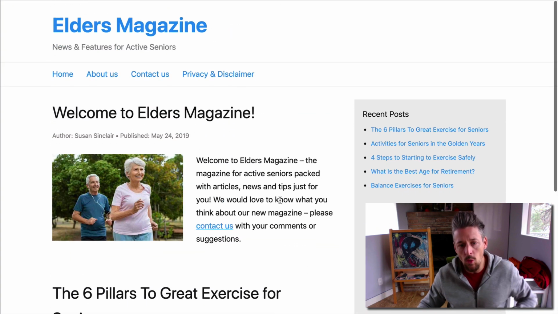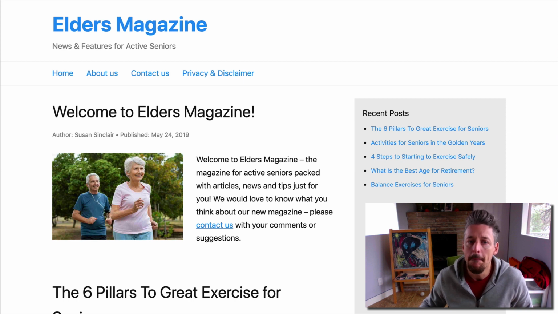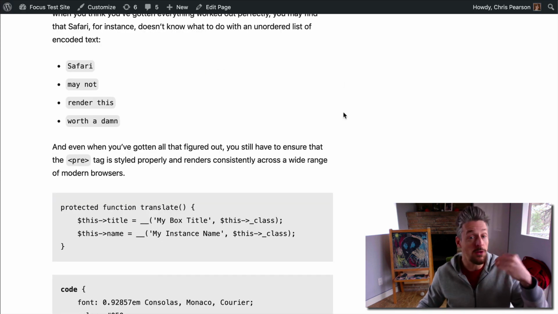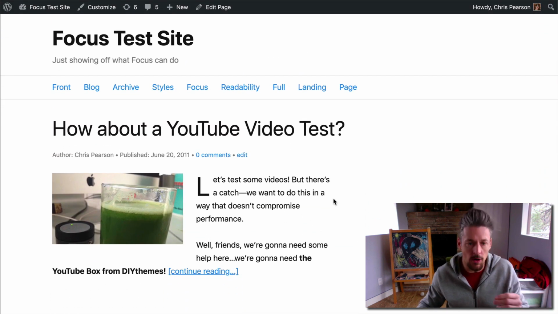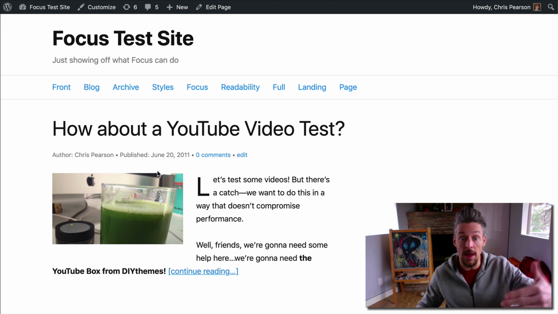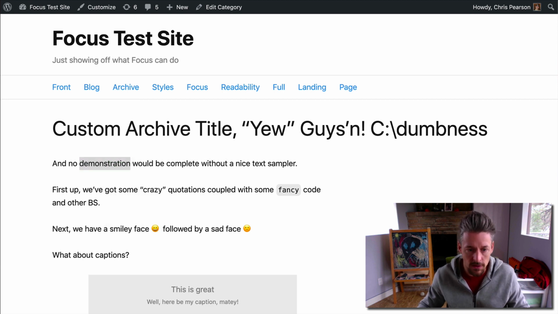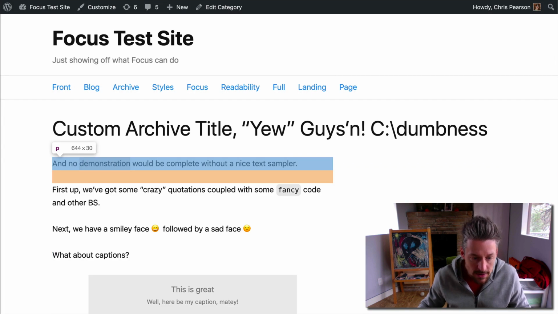Now we've got to do one more thing here. For some sites this may be applicable, it won't be in all cases, but if we look at an archive, let's say we want our archives to display in the same way that our blog page is now displaying. So we'll pop over there. Let me delete this so you can actually see the bottom of this page. Now by default,